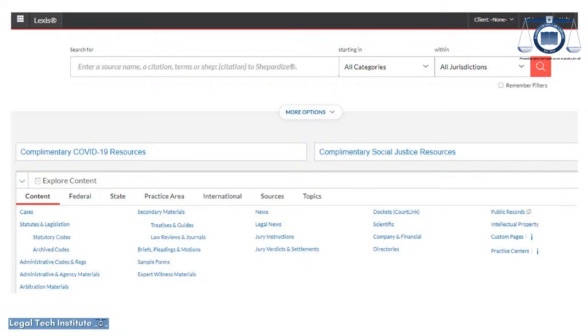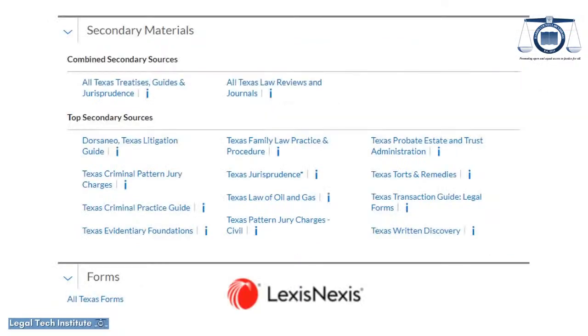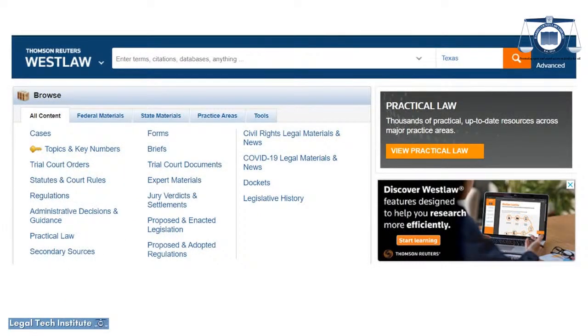federal courts. You can also search by practice area. There are international legal research topics to cover as well. And there are also secondary sources, like I mentioned, the Texas Litigation Guide, the Texas Transaction Guide, probates, estates, and trust administration, all the different things that you see listed here, oil and gas, Texas Jurisprudence, which is a legal encyclopedia, the Texas Criminal Practice Guide, pattern jury charges, all kinds of information. This is one-stop shopping, and it is the direct competitor to Westlaw, which is also a phenomenal database, which includes,